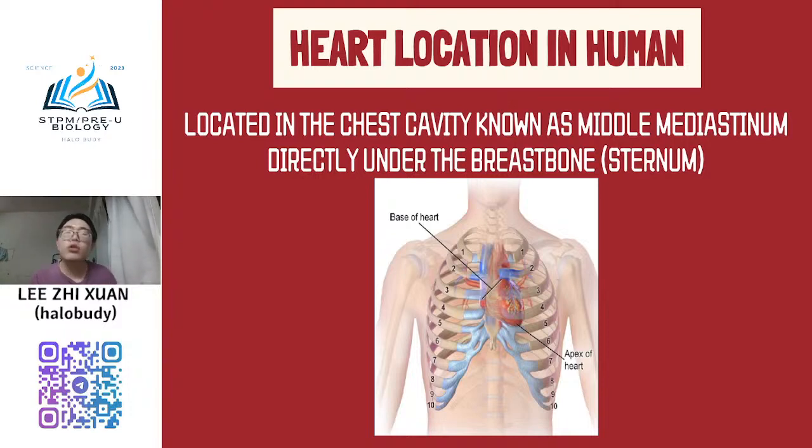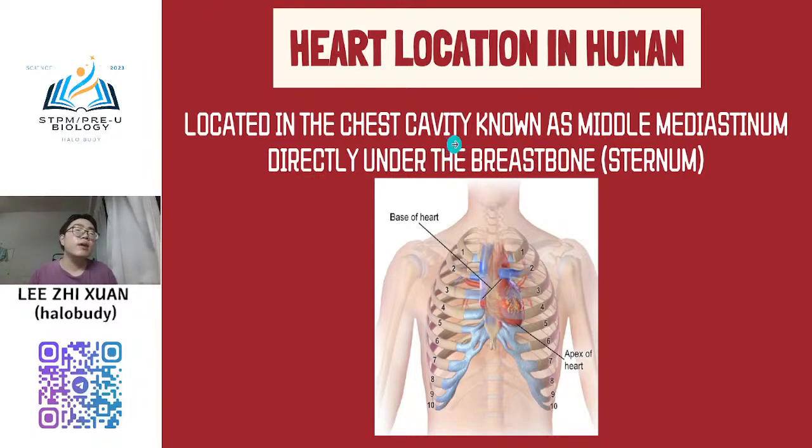Why? Because not all human hearts are on the left hand side. Nowadays in the world, some people have the heart at the right hand side. So if the exam question asks you to write about the structure of the heart, and you say that our heart location is on the left hand side, then no marks. You will not be given any marks because this point is inaccurate, not an accurate point.